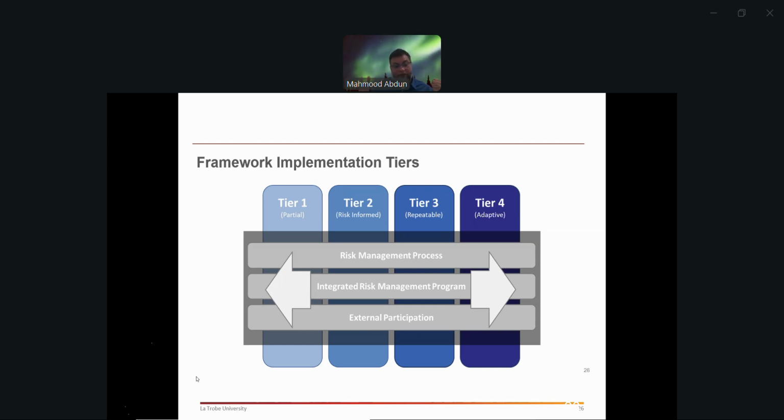So the last tier is the adaptive tier. It basically says don't be static in your understanding of the threat landscape. Go and find out what the threats are. It's called threat hunting. And also look at your peers.